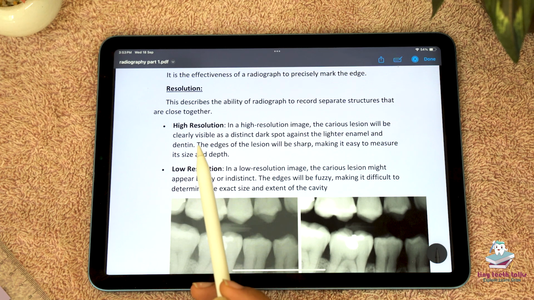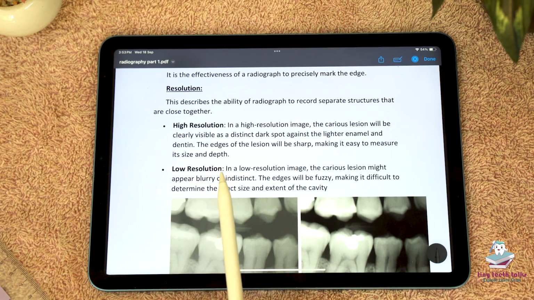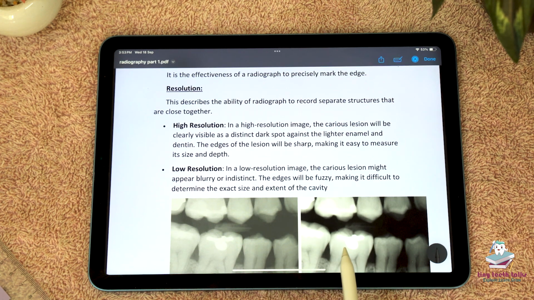There are two types of resolution: high resolution and low resolution. In a high resolution image, the carious lesion will be clearly visible as a distinct dark spot. Here there is a filling material, so it's clearly visible. Then the lighter enamel and dentin, the edges of the lesion will be sharp, making it easy to measure its size